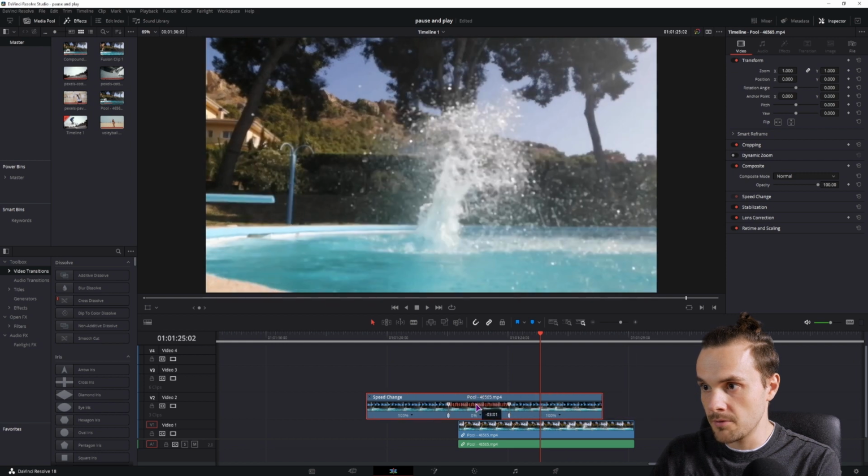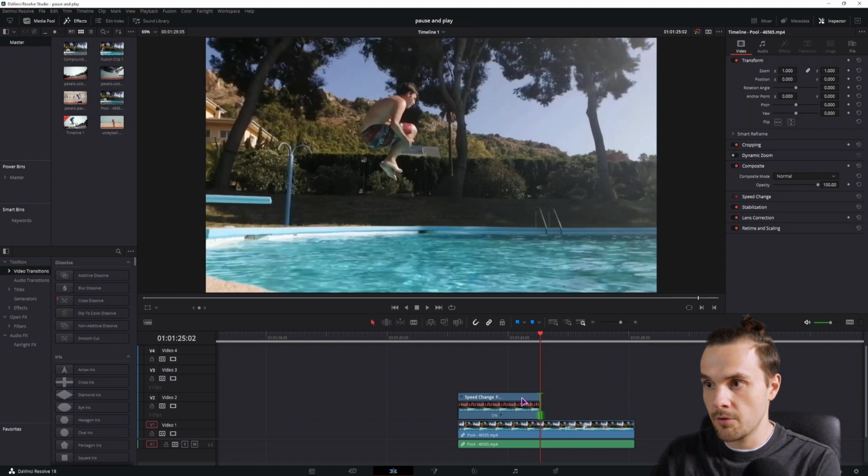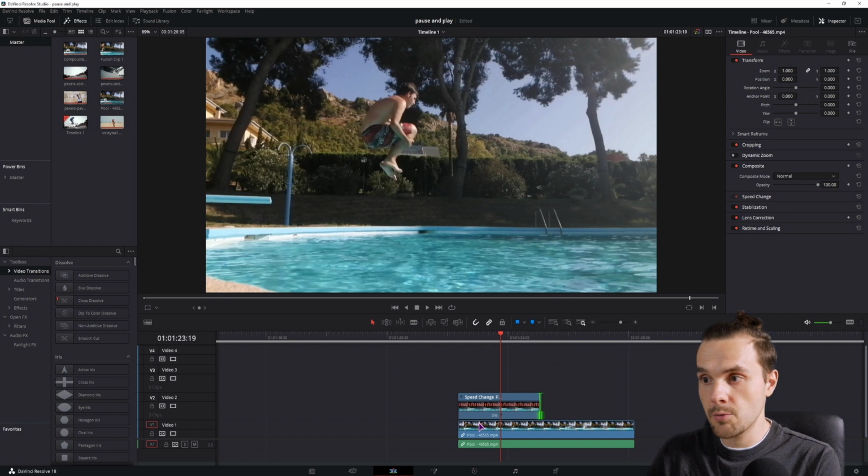Now I'll simply move it to the start position, which is here, and extend this point to go beyond my playhead, and then I'll simply crop it to the beginning and to my playhead. Now this clip is basically the freeze frame, and once it comes to the end, the bottom clip will start playing. Now to make this effect so that we see the animation beneath it, we have to actually cut out